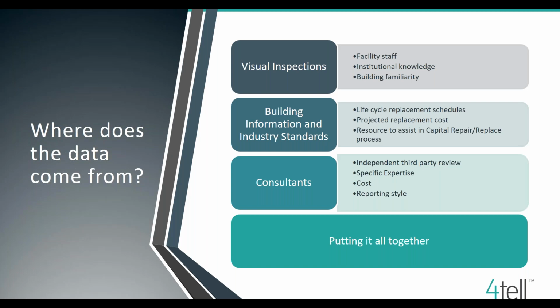And sometimes it's important to have an independent third party, whether it's a different staff, a different building manager, or even a third party company, come in and just do an overall assessment to make sure that nothing's slipping through the cracks. Talking about building industry standards, I think we've mentioned sightlines, but BOMA, APA, and ASHRAE also have recommended timeframes for replacing a roof or a mechanical system, and those are great benchmarks to help you do long-term planning and just do a validation against what you're visually seeing, as well as if you used a third-party consultant. They're a good way to just have a secondary check as to what the condition of the building is and when your expectations are that you'd like to be making changes or repairs, and help with budgeting.